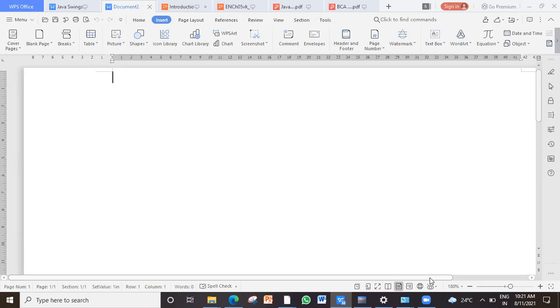But if I create 100 buttons, then what will happen? In one applet, in one screen, at least it will not fit. So it will increase the screen, but still I cannot see. So it will provide me a scroll pane. Clear? So that scroll pane, how to create and how to add, that is there in your syllabus. Clear with that? So let us study what is scroll pane.